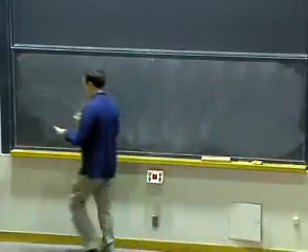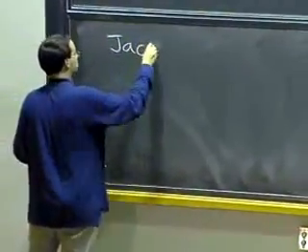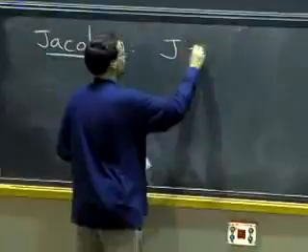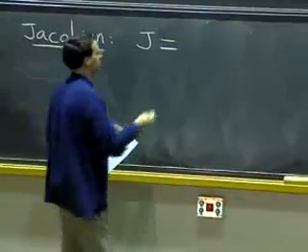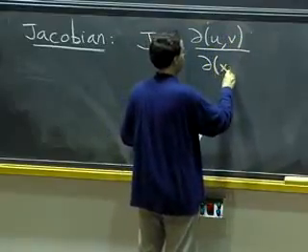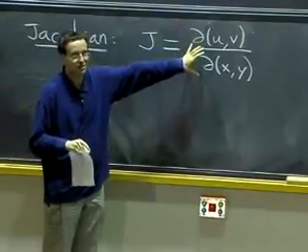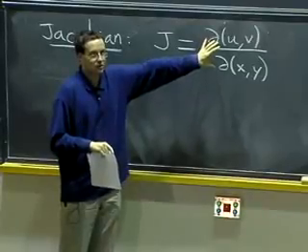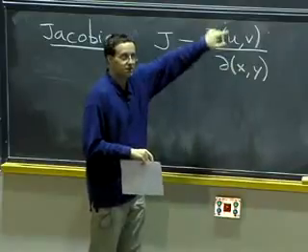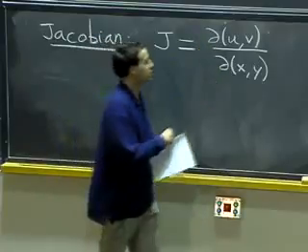Okay, so what we need to know is the following thing. We define something called the Jacobian of a change of variables and use the letter J, or maybe a more useful notation is partial of uv over partial of xy. That's a very strange notation. That doesn't mean that we're actually taking the partial derivative of anything. It's just a notation to remind us that this has to do with a ratio between du dv and dx dy. And it's obtained using the partial derivatives of u and v with respect to x and y.